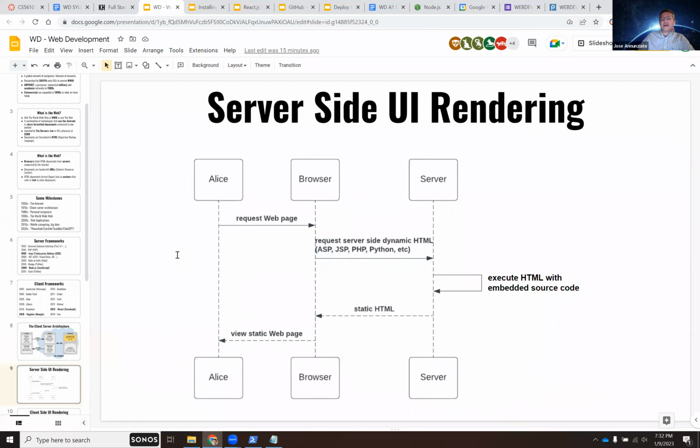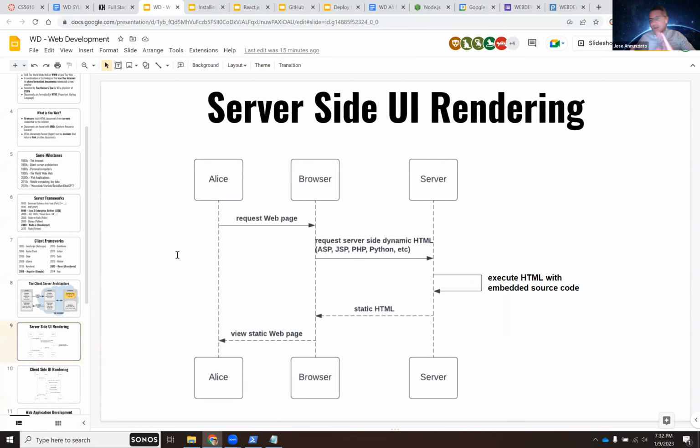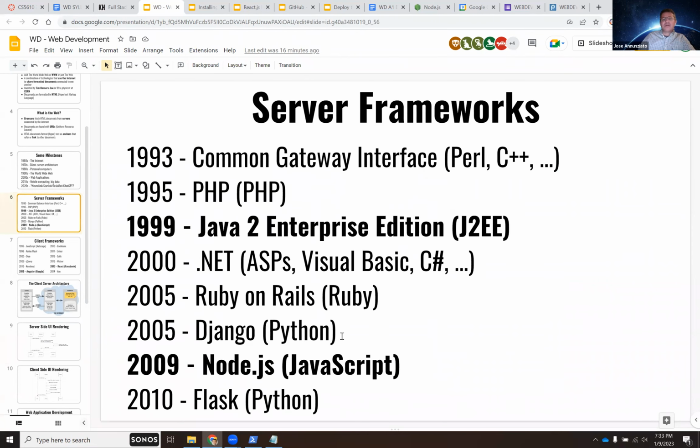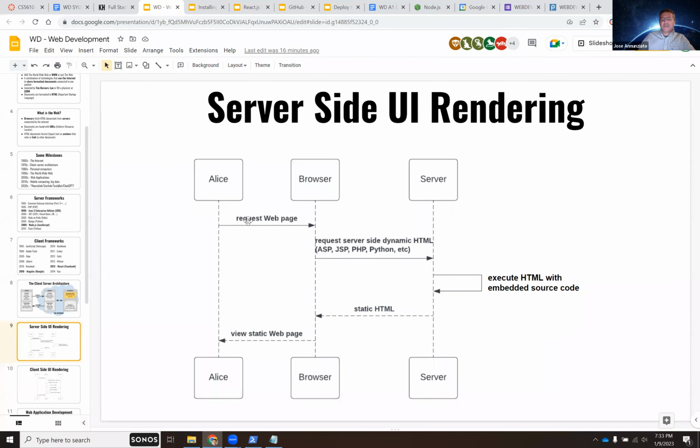Okay, and so here's a little bit of a diagram that illustrates how server-side solutions and client-side solutions differ, right? And how they can work together as well, right? So the server-side solutions, right? These frameworks work as follows, right? If Alice is requesting a web page, right? That browser,